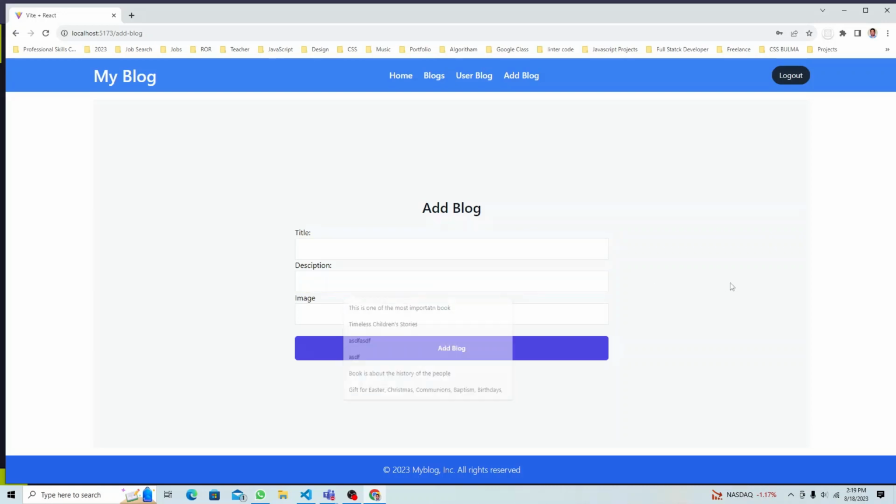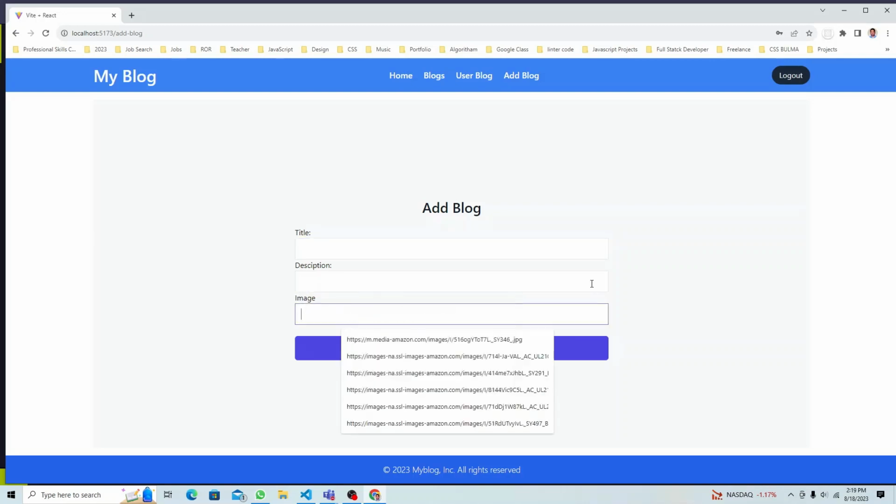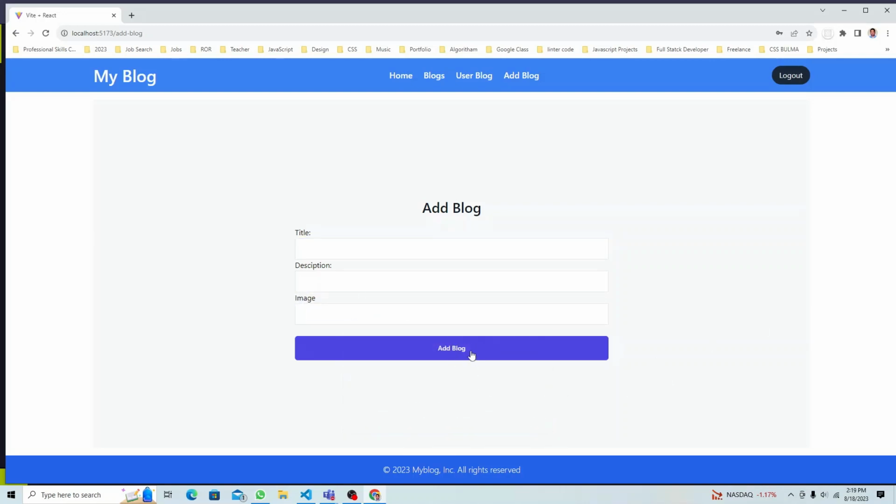Okay, so we can now add the title, add the description, add the image link, and then click on add blog, and it should submit the data. So it should submit the data, right? I'm already logged in. But soon after we add the blog,